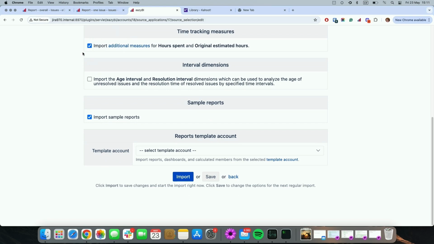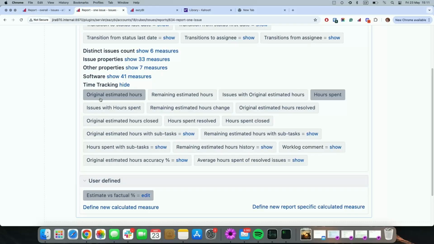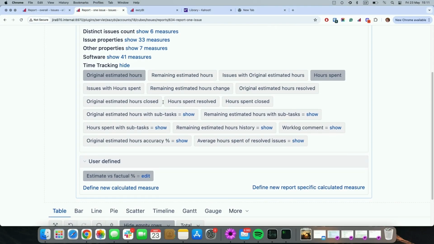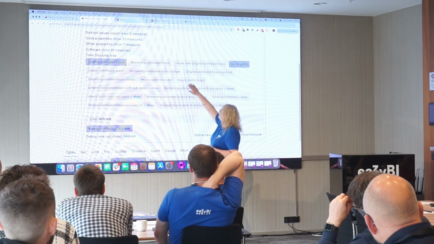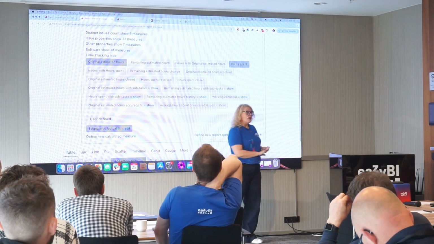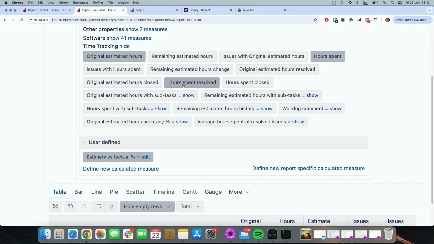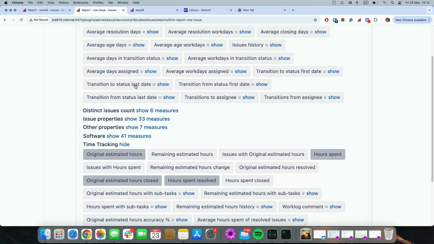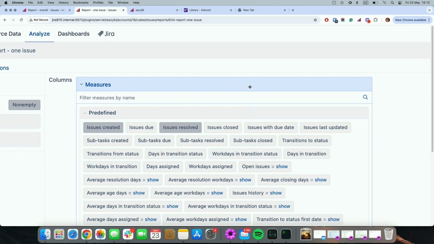When you click it and run data import, click on the import button, then you get a set of new metrics in the time tracking area: hours spent resolved, hours spent closed, original estimated hours resolved, etc. Let's see what it means. Let's add hours spent resolved and original estimated hours resolved and see what is going on.